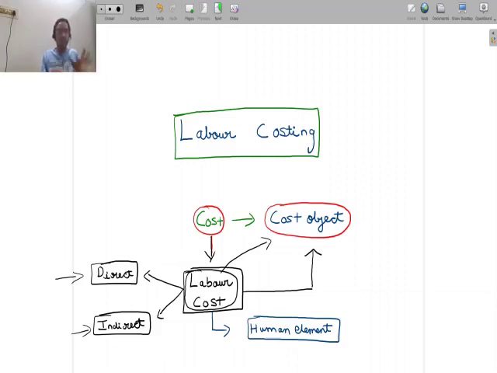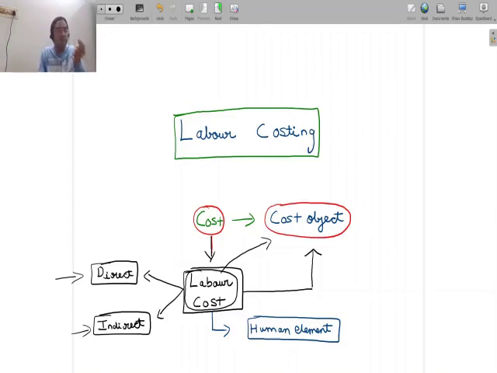Now, if I compare this with materials, if I were to use 1 kg of a particular raw material, that 1 kg of raw material can do only certain things. Whether I pay 5 rupees and buy that 1 kg, or whether I'm ready to pay 8 rupees and buy that 1 kg, that 1 kg is not going to do different things. It's going to do the same thing whether I buy it at 5 rupees per kg or 10 rupees per kg. That 1 kg of raw material is not going to tell me, you know what, if you pay me 10 rupees per kg, I'll be a better 1 kg of raw material, but if you pay me 6 rupees, I cannot promise you to be that good a kg of raw material. That doesn't make sense, right?